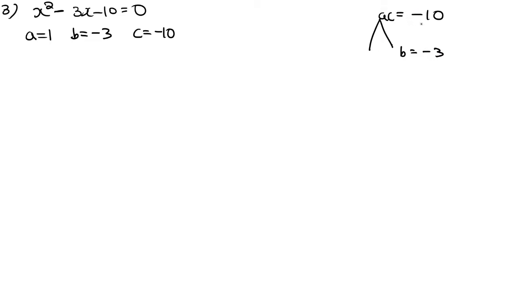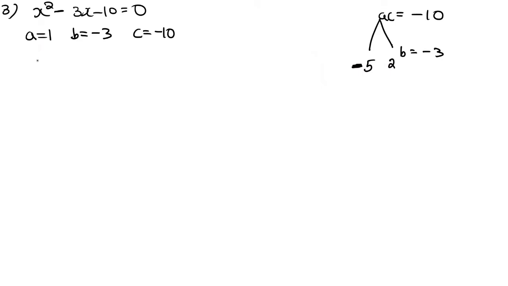Okay, multiplying you need to get minus 10, but adding you need to get minus 3. You can check 5 and 2. 5 2s are 10, but it's not minus 10. Okay, so I will take 5 as a positive number. Then see, if you take plus 5 and minus 2, 5 into minus 2 is minus 10. But 5 minus 2 is not equal to minus 3, it is equal to plus 3. So by this you can say that the numbers are minus 5 and plus 2, because minus 5 into 2 is equal to minus 10. If you add minus 5 plus 2, the value is equal to minus 3.